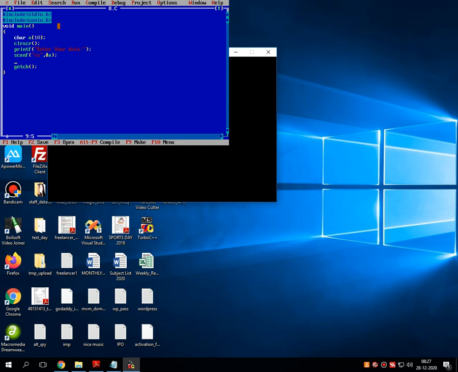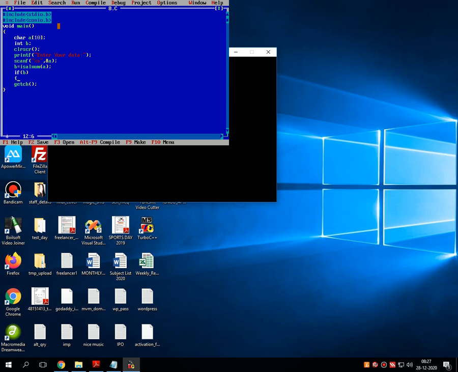Then here I am directly putting our decision making statement, or let me create one more variable called integer b, and here I am writing b is equal to isalnum, passing the inputted variable into the function.